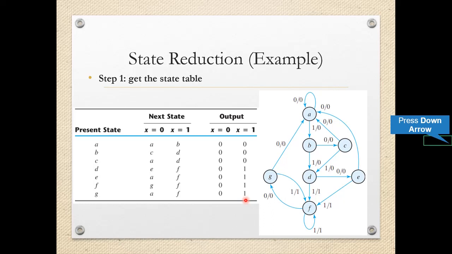So in this particular state diagram, we have 7 different states. So in the present state column of this state table, we have the entries A, B, C, D, E, F, G. And as per the input condition, whether the input is 0 or input is 1, we have the next state. And similarly, we have the output. So output also depends upon the condition x equal to 0, x equal to 1. So depending upon the conditions, output will also change. So this table we have to prepare by observing the state diagram.